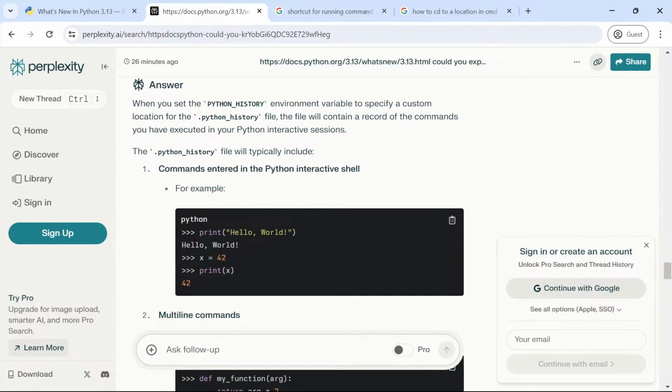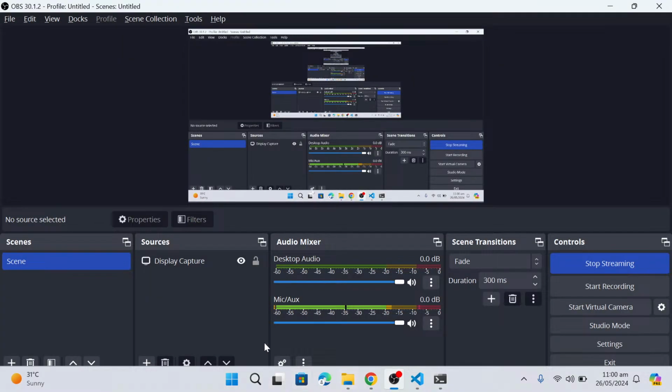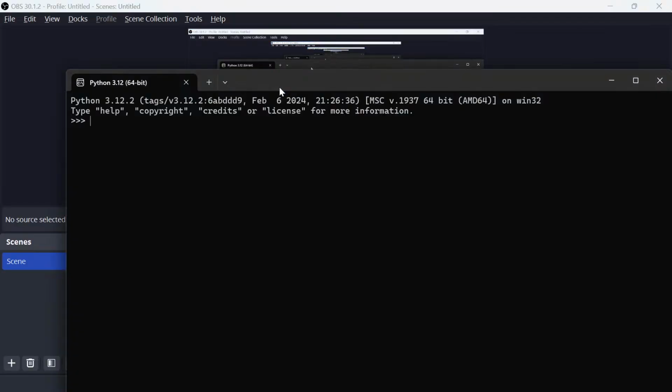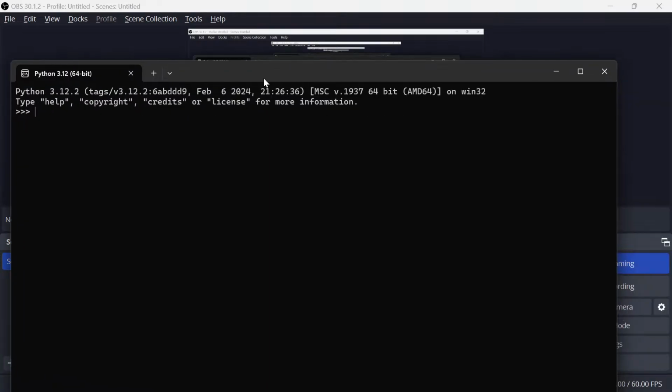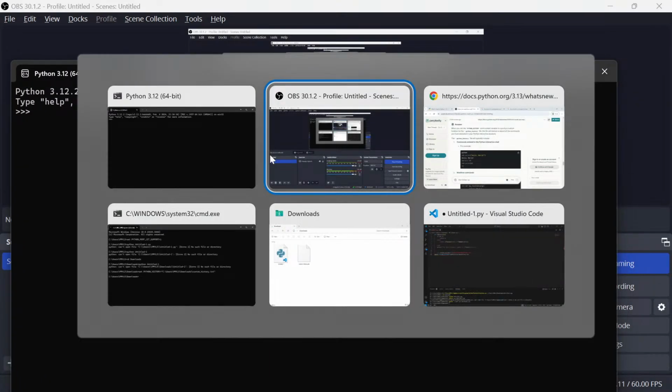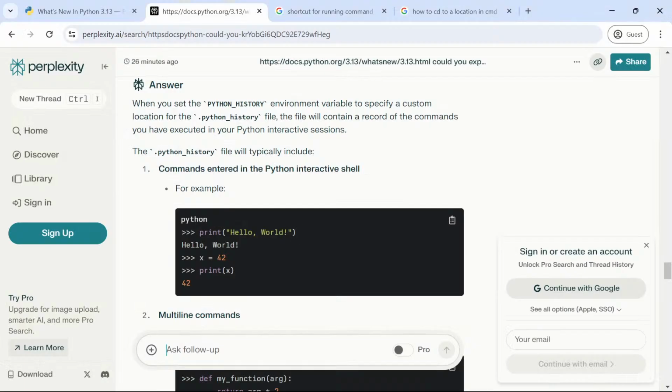Alright, so now I just gotta open the interactive shell. Before that, give me a minute, please. I'm going to open the Python interactive shell. Here it is. Alright, it's been opened. As you can see, this is a Python interactive shell. So what does Perplexity say? For example, if we print hello world,